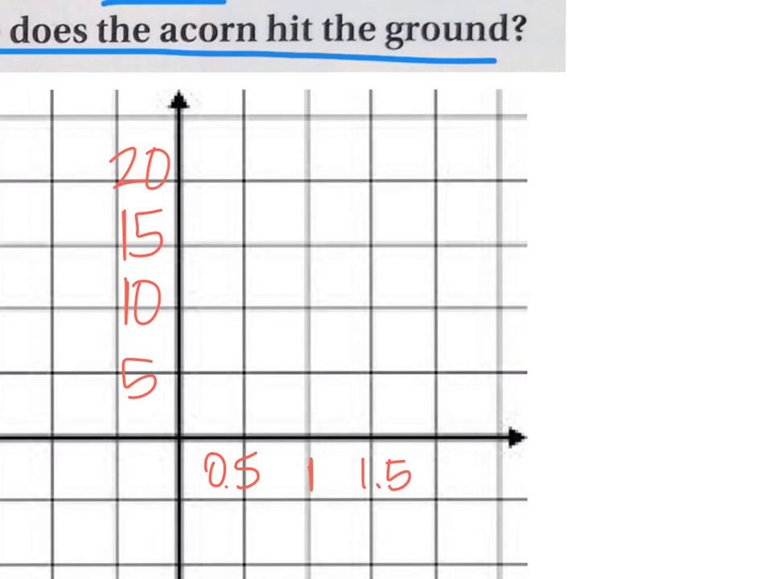Now my first point was 0, 20. So that's going to be there. My second point, 0.5 and 16. It's going to be about here. Third point, 1 and 4. Way down here. And then the fourth point, 1.5 and negative 16. So that's going to be way down here. So if I connected those with a curve,